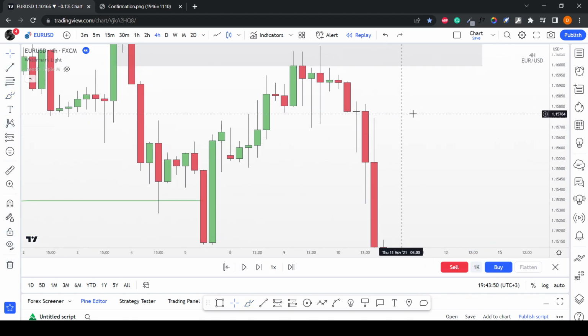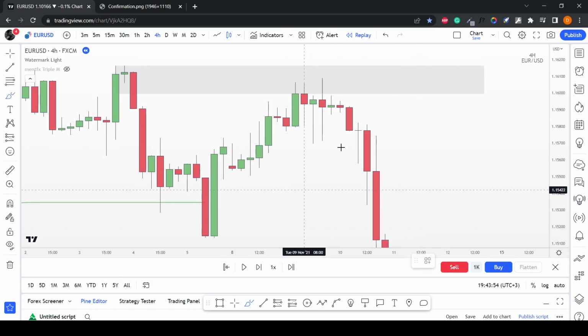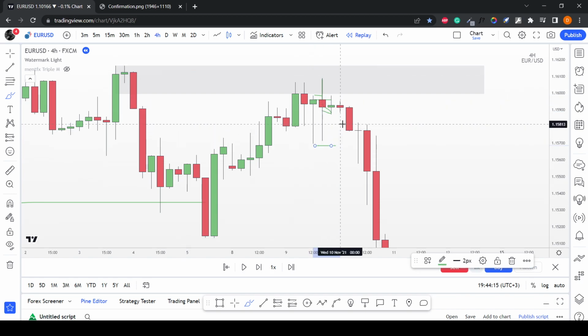Well, when you see a reaction from a zone, so again, you see here you already know that you have a tap, and now you can just enter on this candle, so on a candle break, or you can wait for a fake. Fake in this way, you can use an indicator, is this candle, or you can just see it by your eyes. This candle went above and closed inside the previous one. And by the way, later, of course, I will record videos